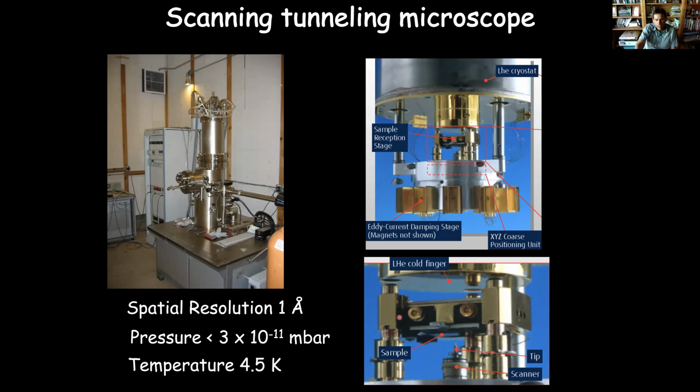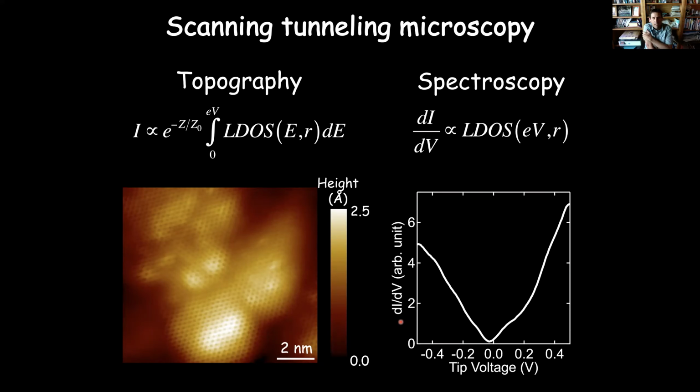So we need to actually land the tip directly on the sample, on the active region that we're looking to investigate. And so we have some optics on the outside looking in, so we can actually visualize where the tip is landing on the sample and be able to perform the measurements at our desired location on the sample. So let me just quickly spend 2 slides here reviewing scanning tunneling microscopy, mostly to just remind you of the types of measurements you're going to see throughout the rest of the talk.